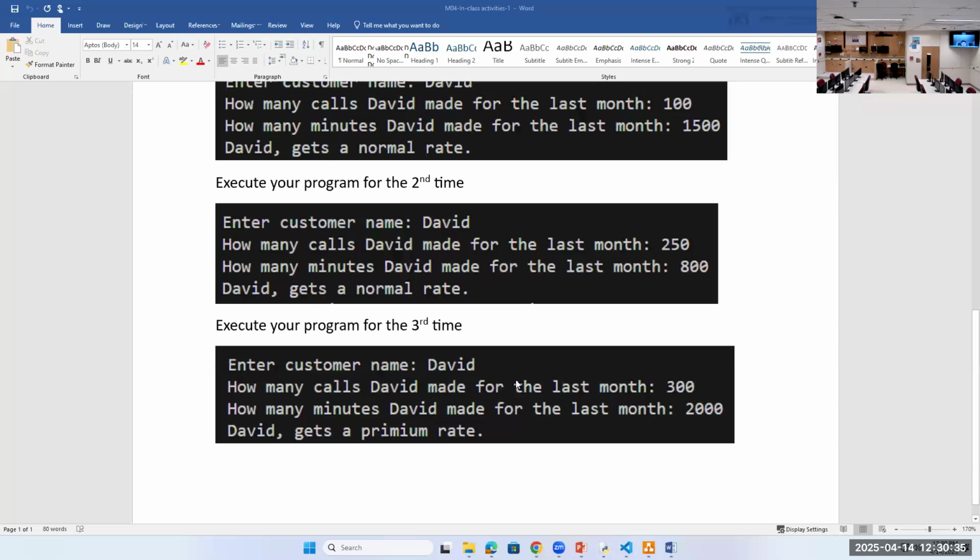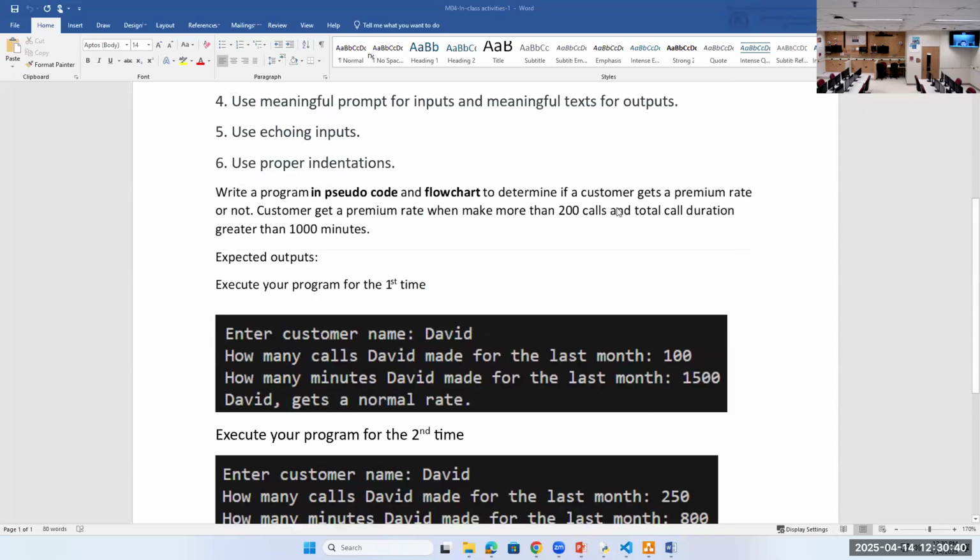So remember, you need the 3 inputs, right? After that, you make a decision with the AND logic. If greater than 200